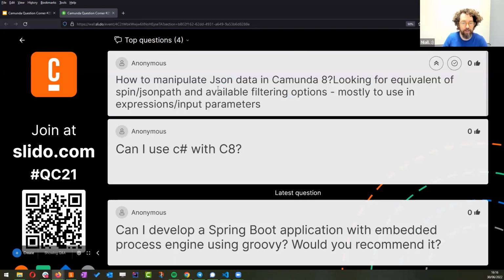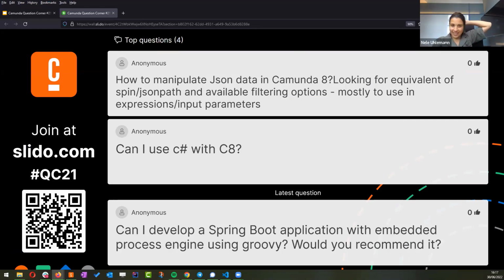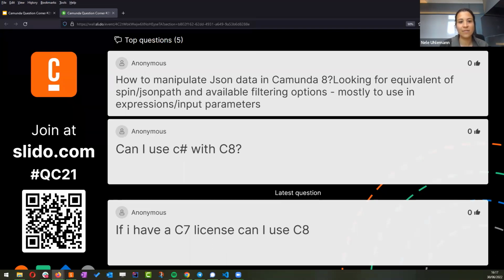That's a great question. Yeah, we could all probably talk about that for ages, about how manipulating JSON works in C8, because we had a little adventure in doing that a while ago. Do you remember? Yeah, for the workshop we did in Berlin. Yeah, so I think it's getting easier with Camunda 8 than with 7 because FEEL allows you to access JSON or data from JSON quite easily. So you don't need to have a spin or something in your path. So you can basically access over FEEL expressions the values in JSON and save